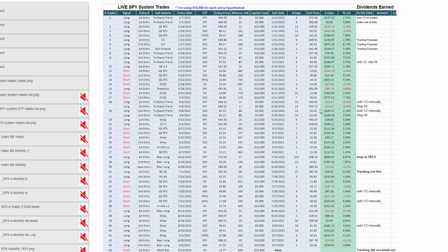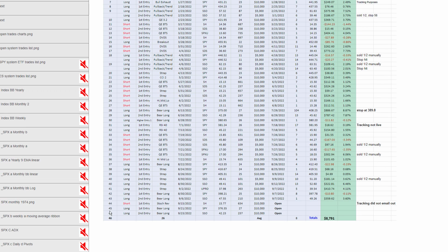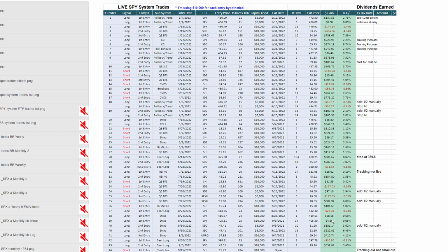Next. Just showing these trade tables. Here are the trades that have occurred this year. Again, there's been a lot of trade signals. So these are the trade signals for SPY. There have been 46 of them. Again, we have the open trades here. At the moment, here's the total gain for the year, if you did these via what I show here, $10,000 per trade, which is very conservative.